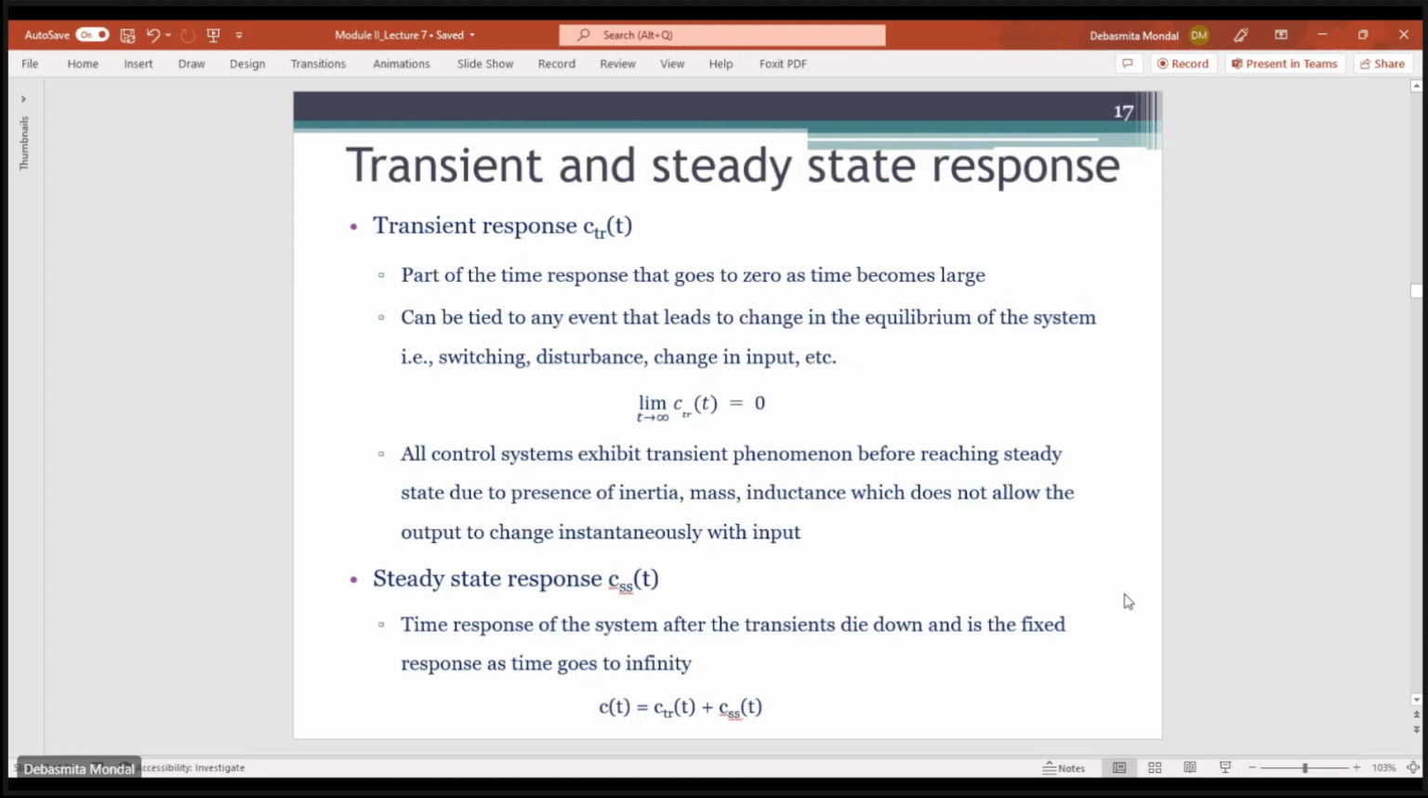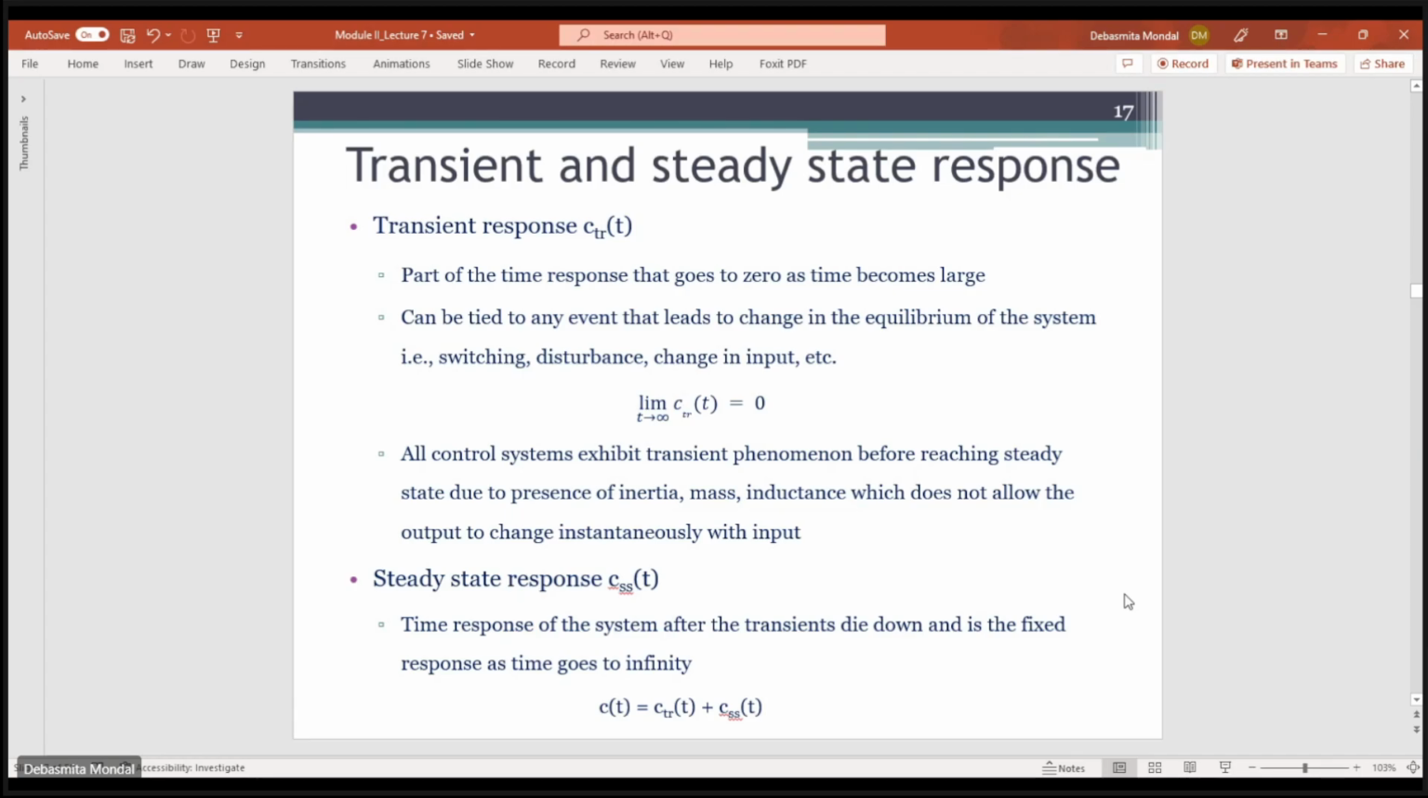Now coming to the definition of transient response. Transient, as the term suggests, means something which is temporary, right? So that means the part of the time response that goes to zero, or which decays down to zero as you increase the amount of time. As time becomes large, or as time goes to infinity, the part of the time response that goes to zero, that is known as the